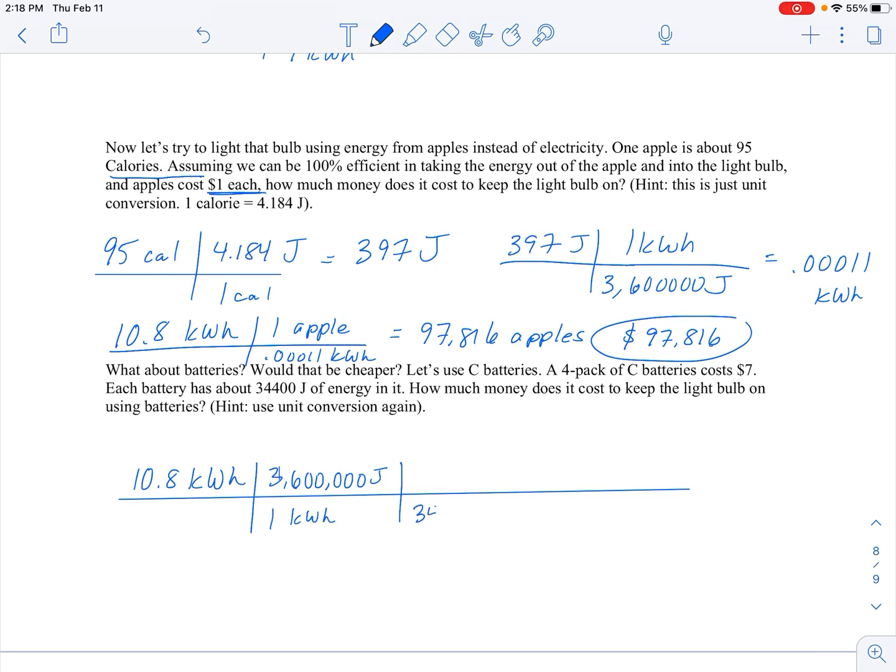The batteries have 34,400 joules of energy per battery. And 4 batteries